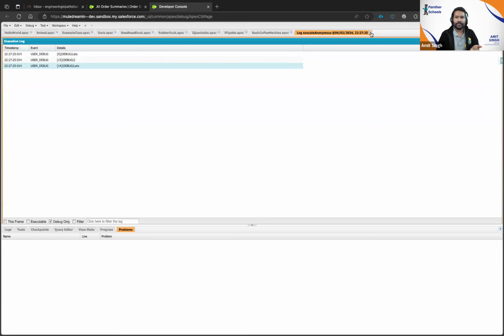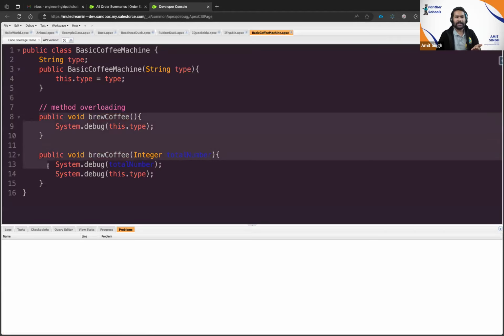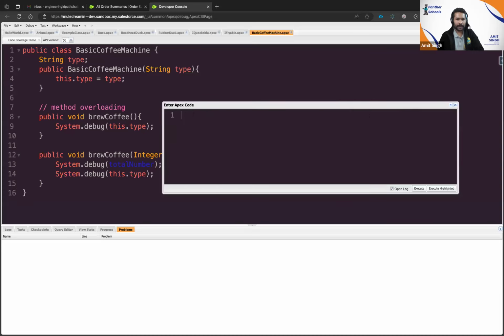Now there could be multiple real-time examples for this. And I'm going to take you through the real-time example which Salesforce itself has. How Salesforce does things for simple record creation. Let me tell you how you can create a simple record in Salesforce with the help of the constructor that Salesforce provides. So if you go to the anonymous window,